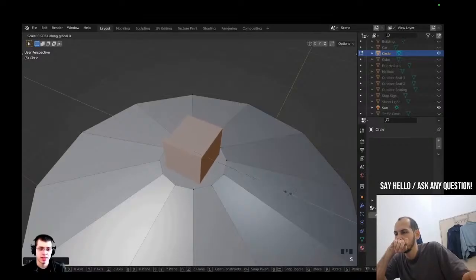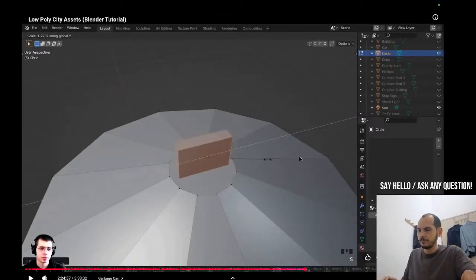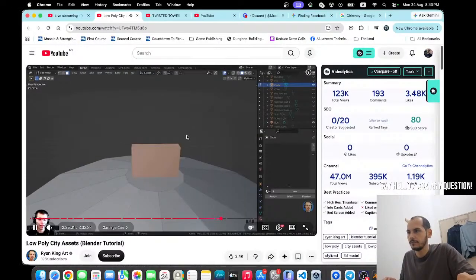Then I can scale it. So we're going to scale it, and I'll scale it on the X axis and bring it down a bit, and then I can also scale it up on the Y axis so it's a bit longer. Now what I'm going to do is go right over here to the face select, and